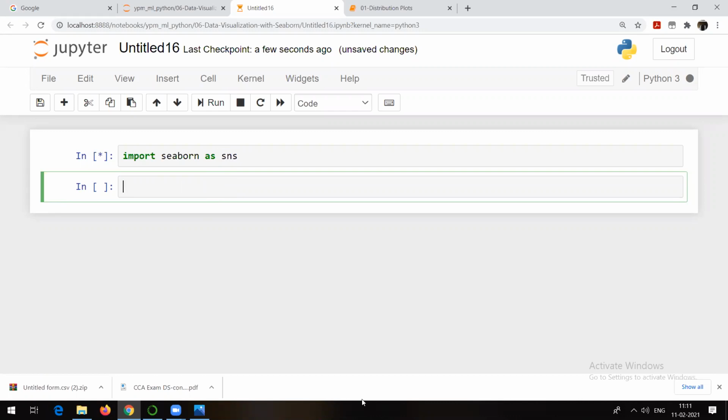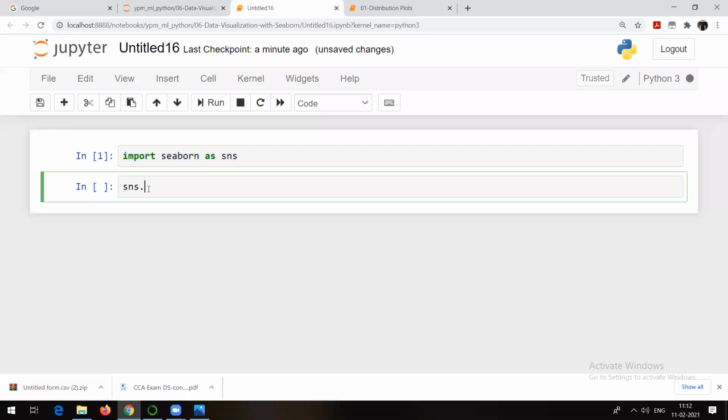Those people who want to do the things parallelly with me, yes, you can. If you get some doubt in between, definitely you can raise your hand, or you can just unmute yourself and ask the doubts. Let's see, it is not yet imported. Now you can see this is one, the star is gone. That means this command is right and it is successfully imported. Imported means I can now make use of any methods present in Seaborn.